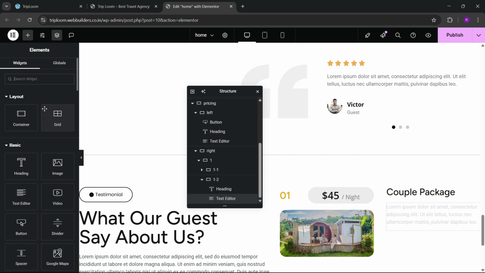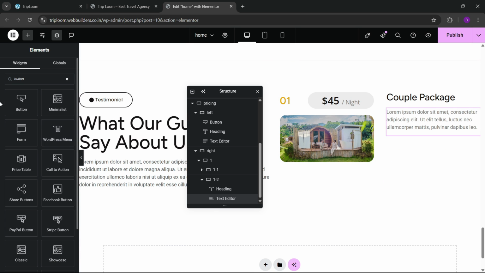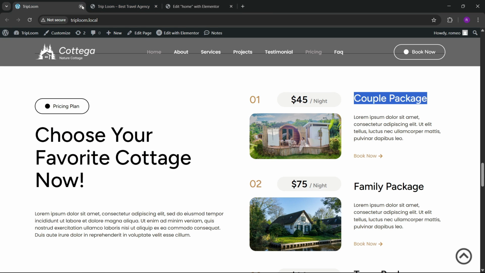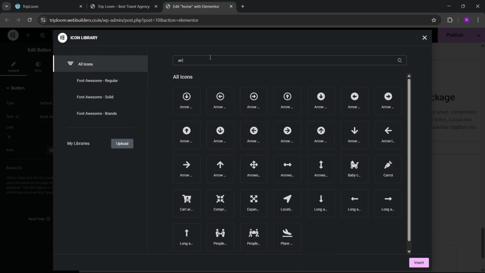Okay, and here we're also going to add the button. Let's keep the button, and okay, let's add the button here. So right now you can see that we have this type of button. So let's change its name, and we're going to say Book Now. And here in the icon library we're going to go to arrow,